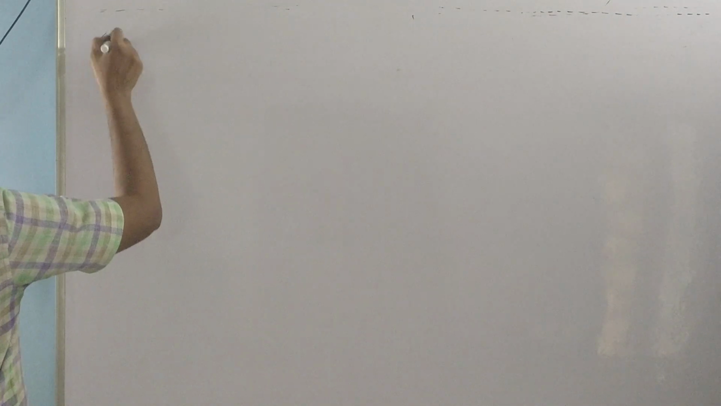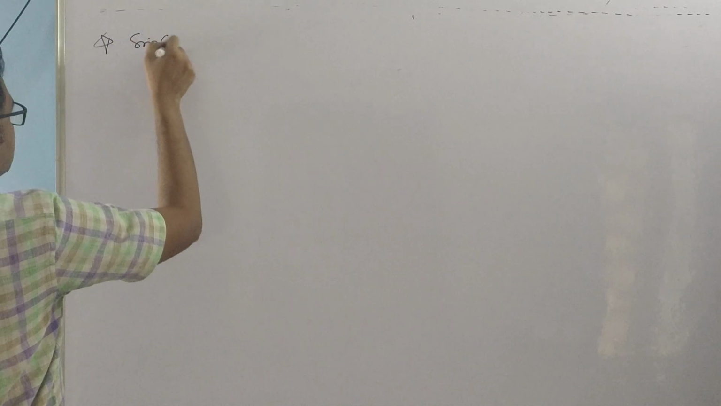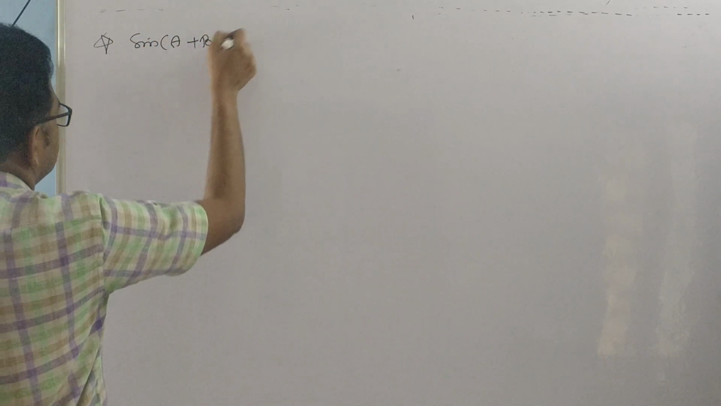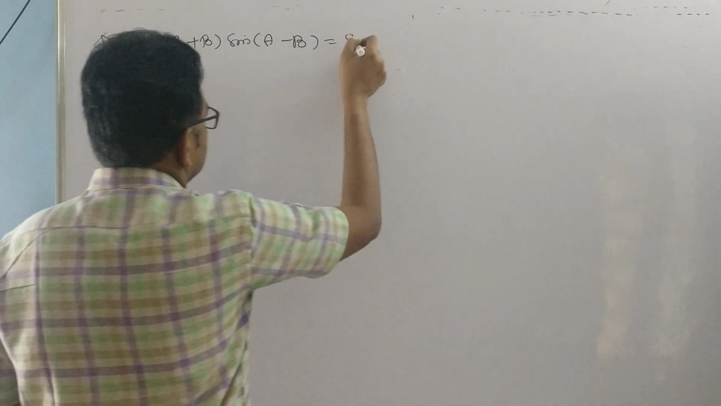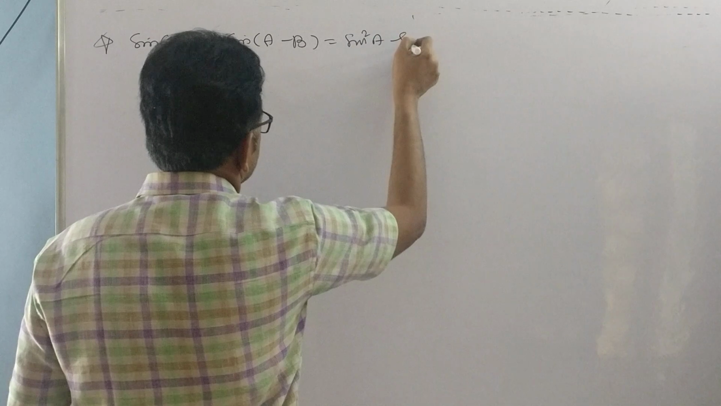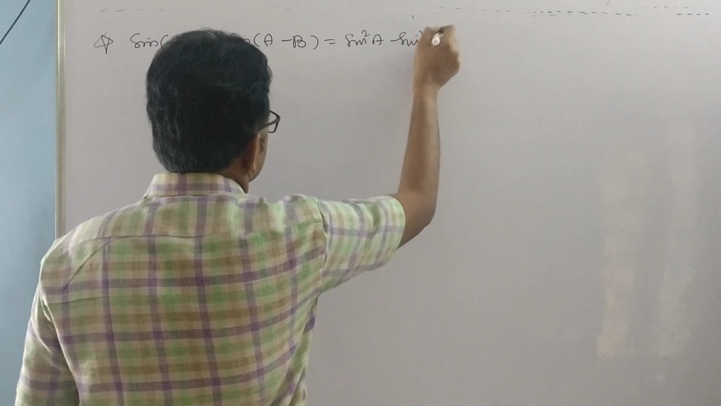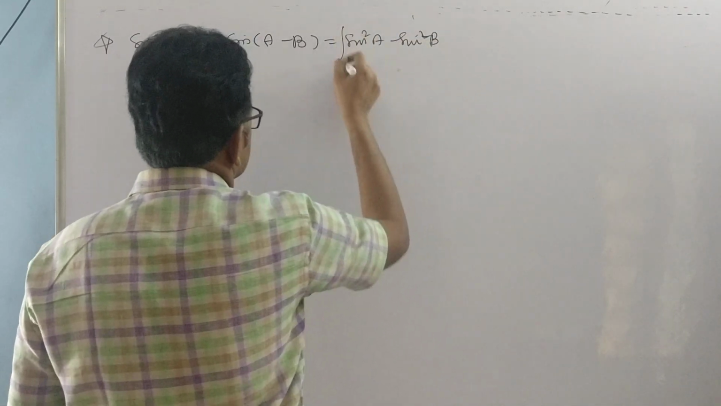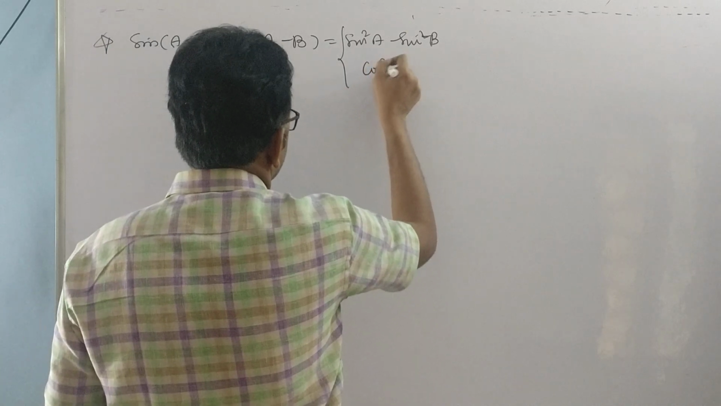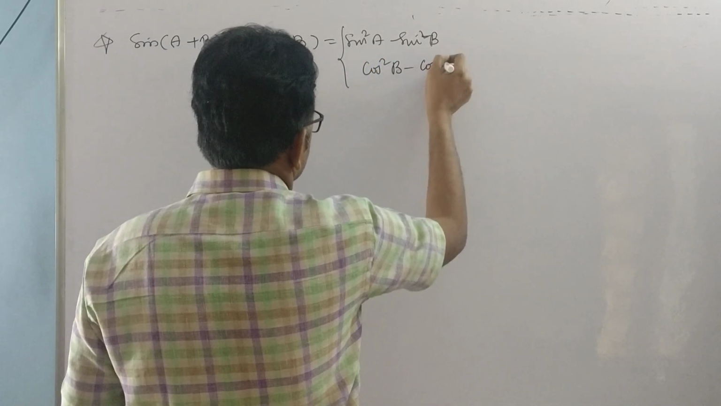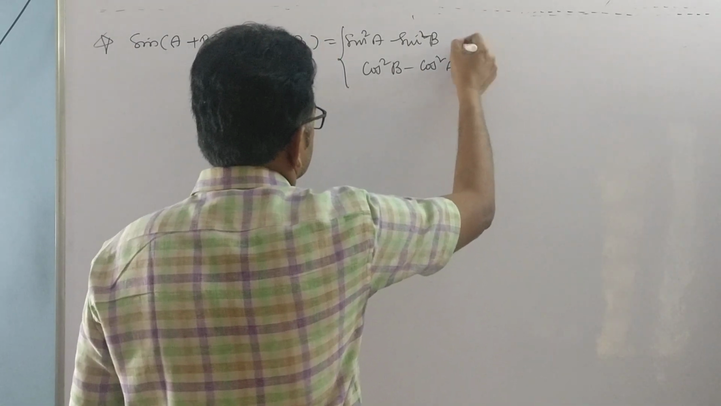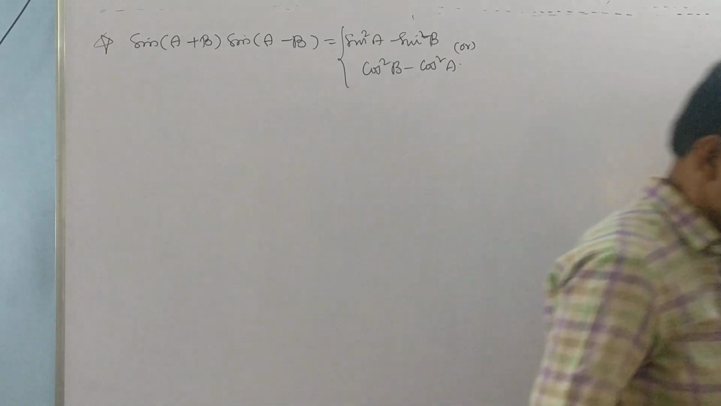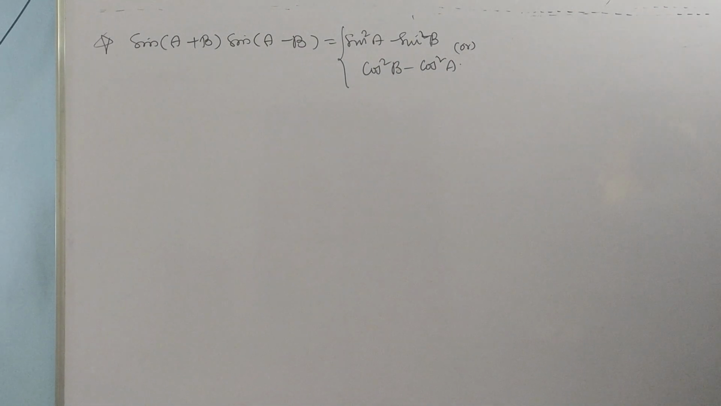Next one, sin of A plus B into sin of A minus B is equal to sin square A minus sin square B, or cos square B minus cos square A. So this is it. Sin of A plus B into sin of A minus B equal to